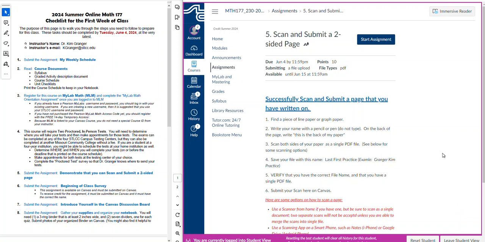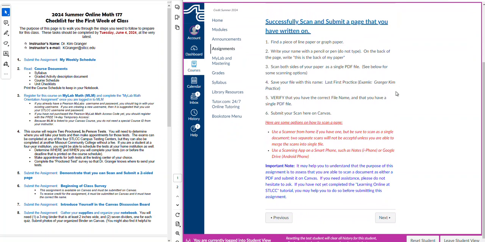And just plan your schedule, your work schedule, your travel schedule, everything else around those dates as needed. That takes us to number 5, submit this assignment. Demonstrate that you can scan and submit a two-sided page. So the directions are here, but just in general, what this is helping you walk through is how